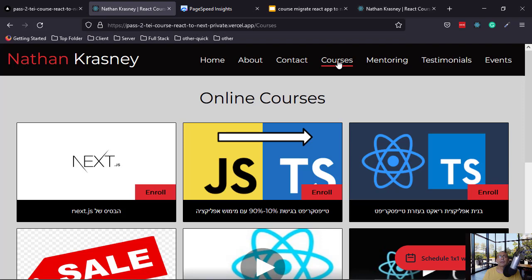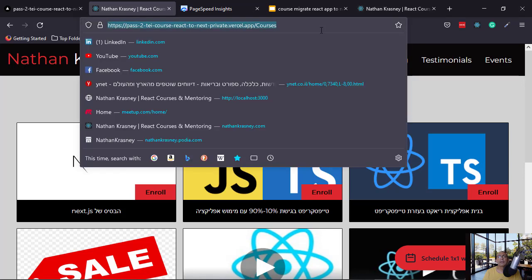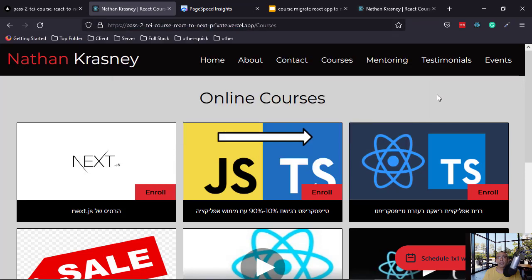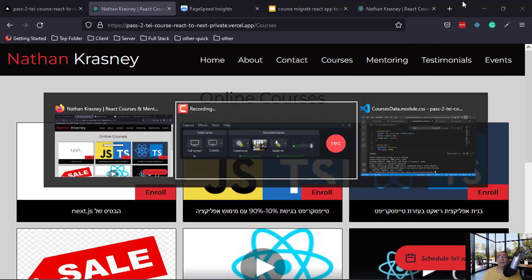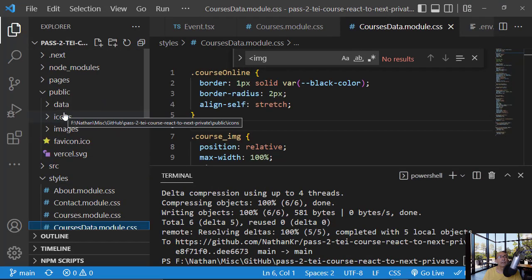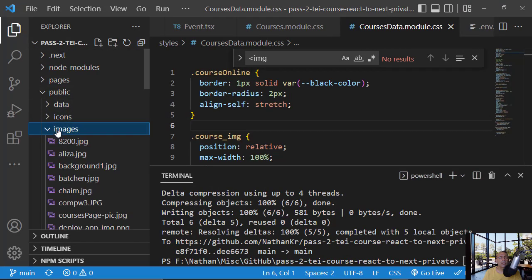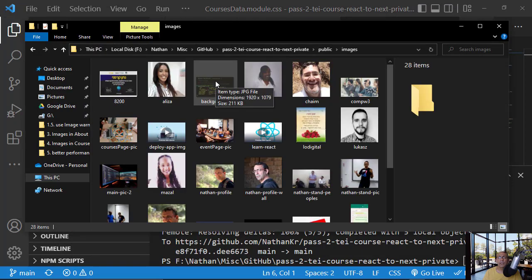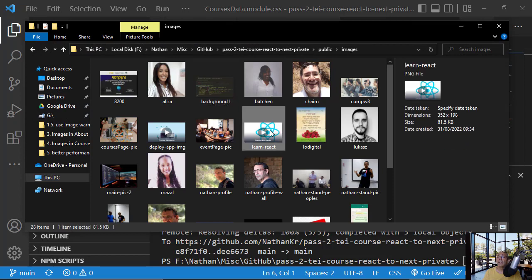Okay, so let's see the format of the images. So the format of the images of the courses, let's see what it is on the disk. Okay, so on the disk, if we go to images and go to here, you see that the course Learn React is a PNG file,